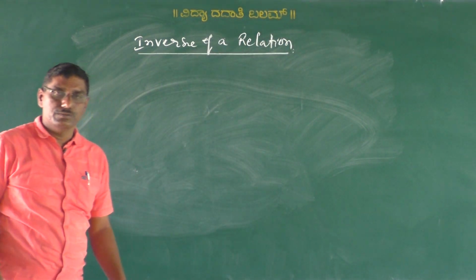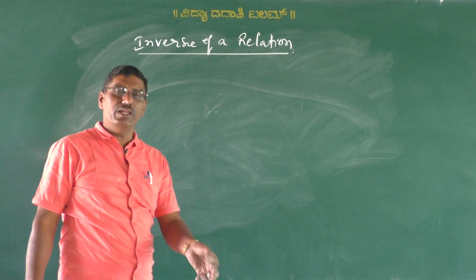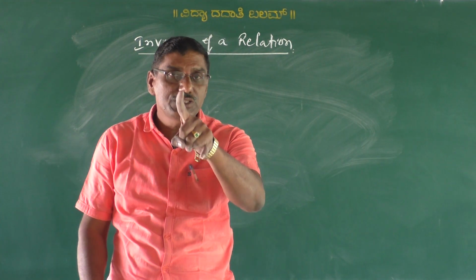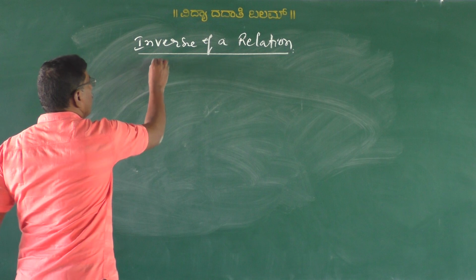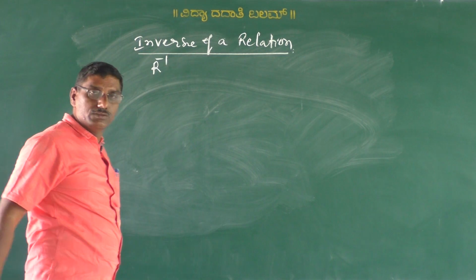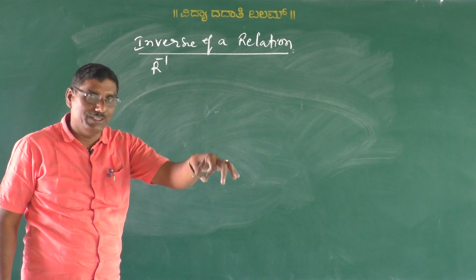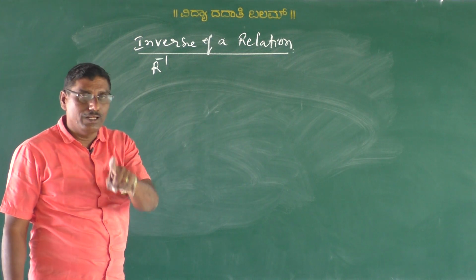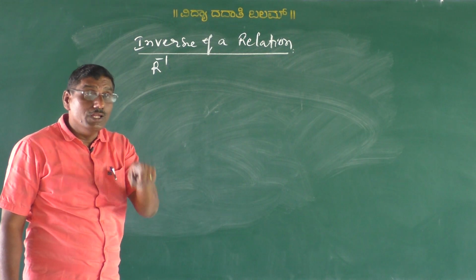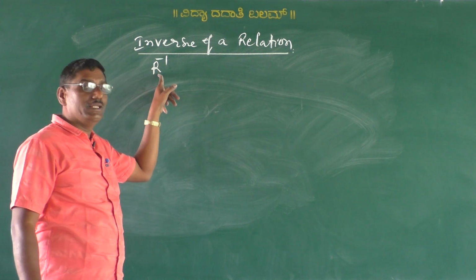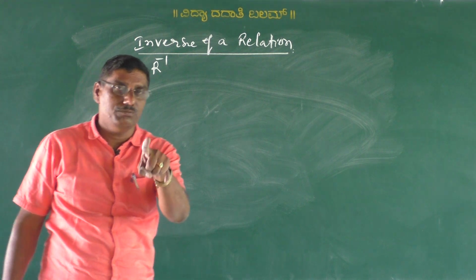Inverse of a relation is a relation which is denoted as R inverse. If R is the relation, then the inverse of relation R is denoted like this and defined as, my dear students,